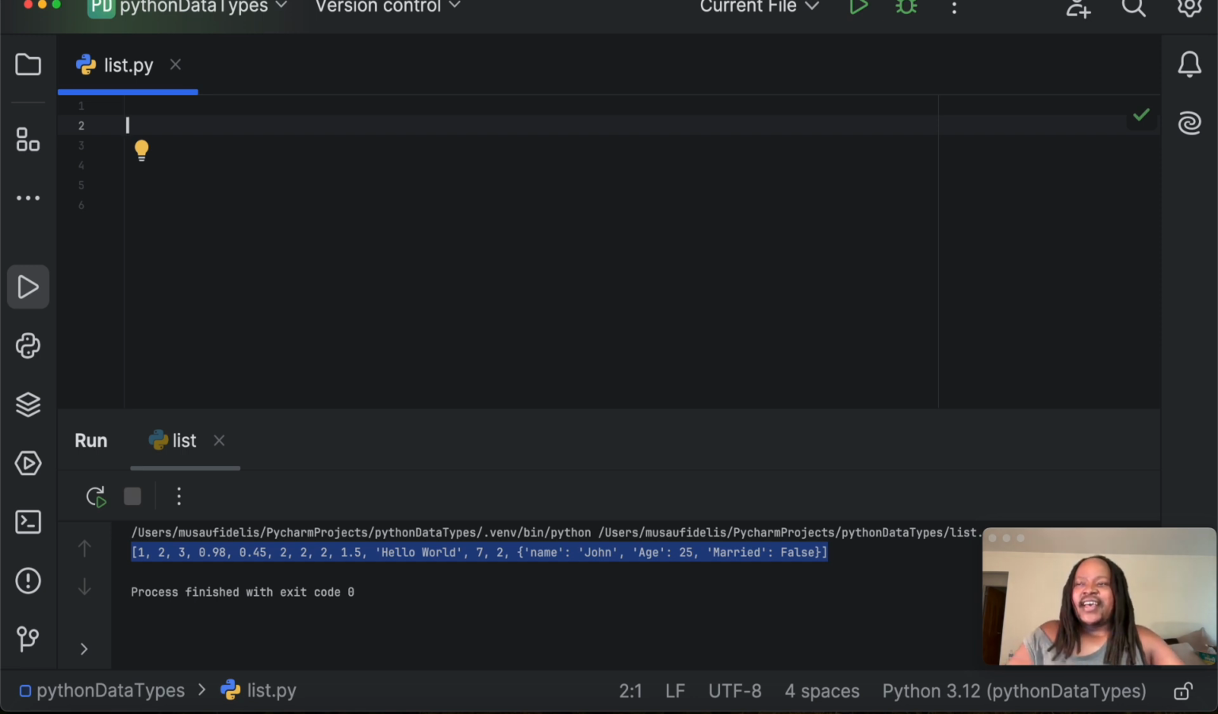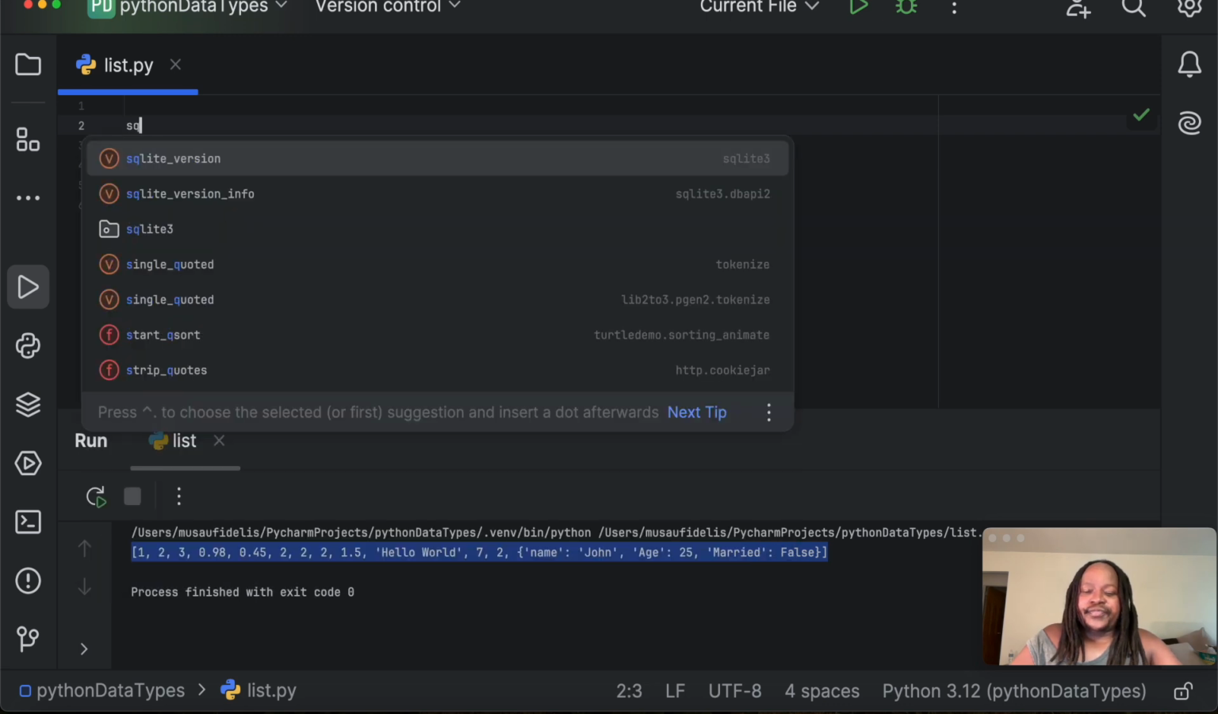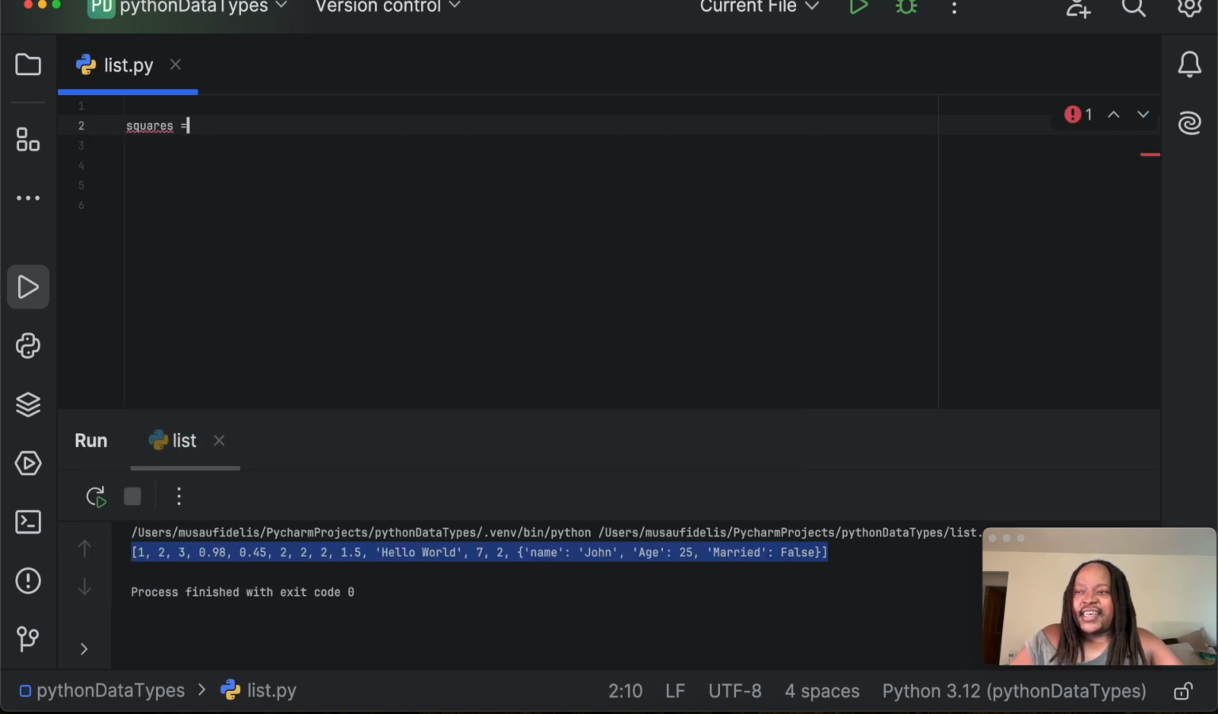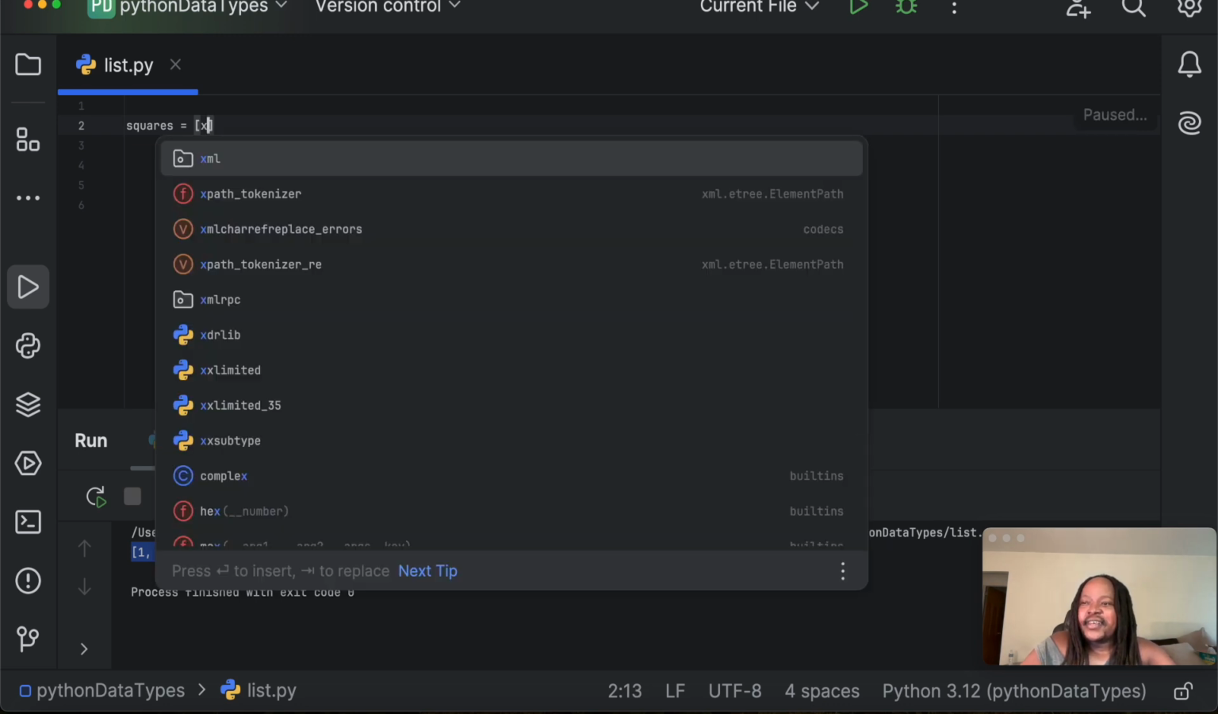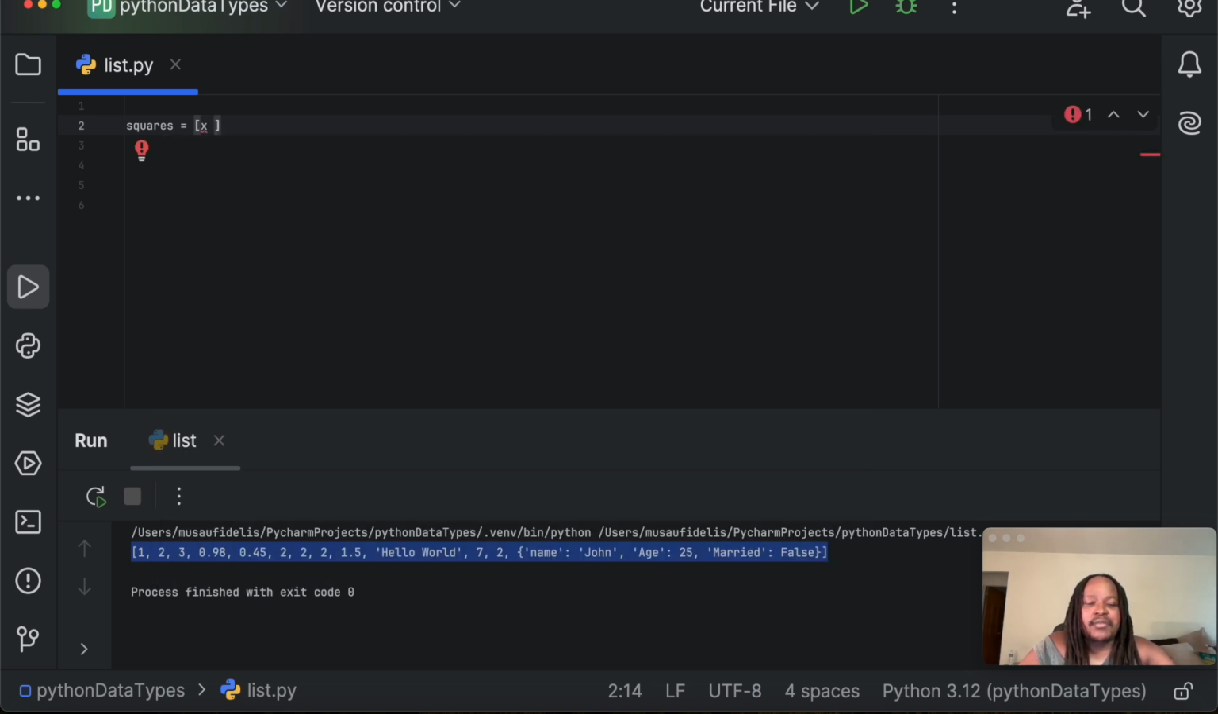For instance, I can say squares is assigned to a list, because we are talking about list comprehensions. I can say x squared, a number multiplied by itself, so we use the double multiplication sign and raise x to the power of 2, for x, and this is now the list comprehension